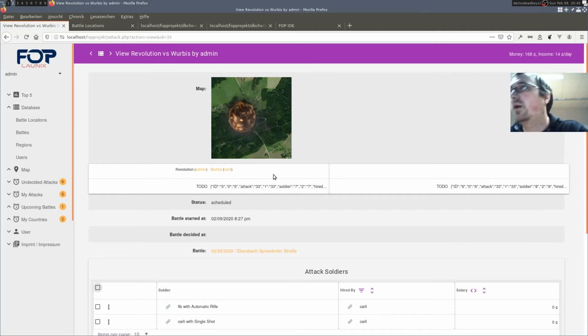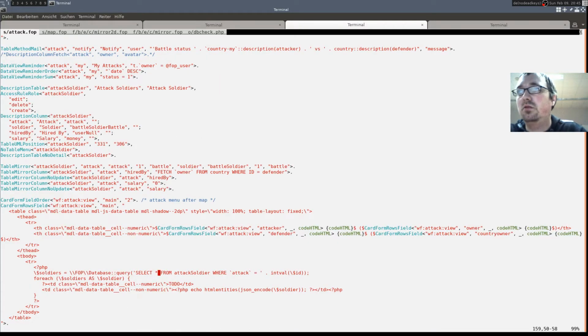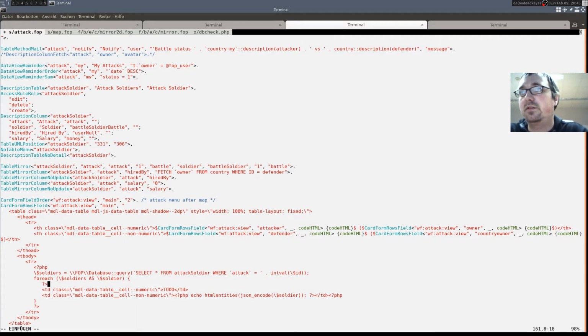So there's a problem. Of course, we have to render whole table rows instead of